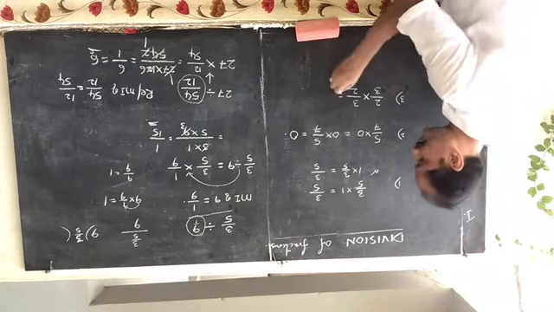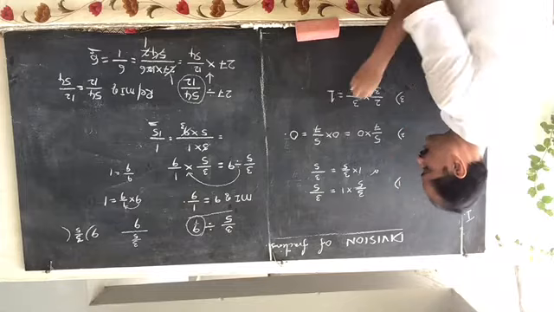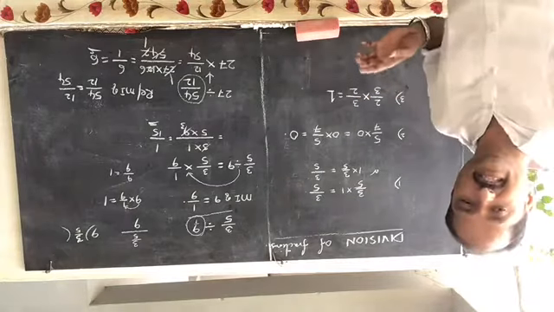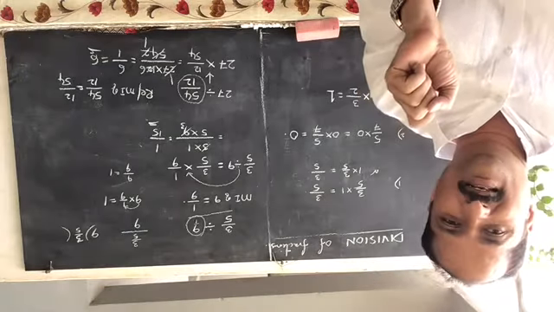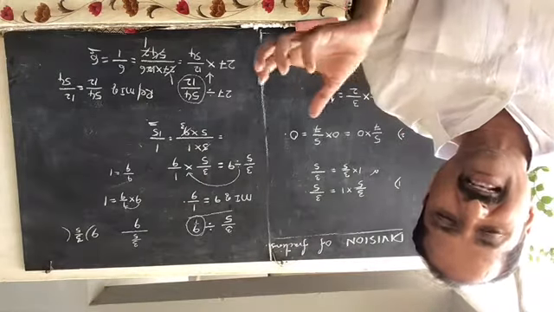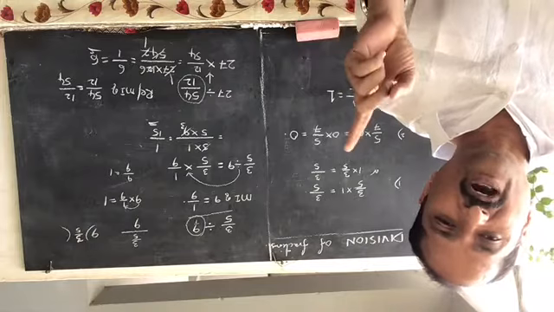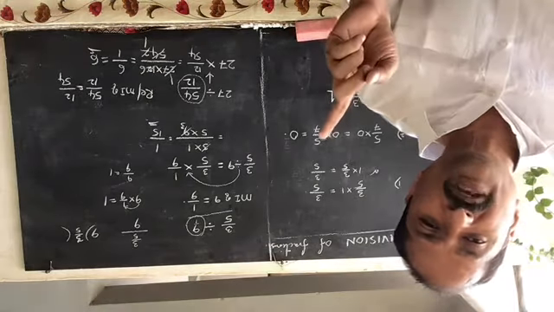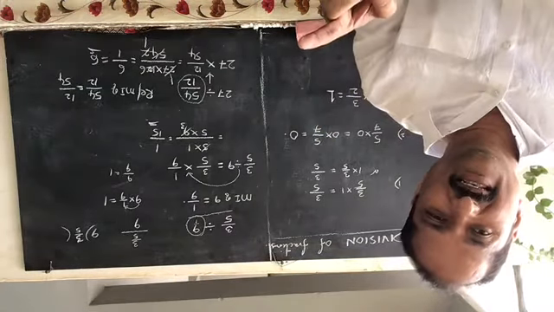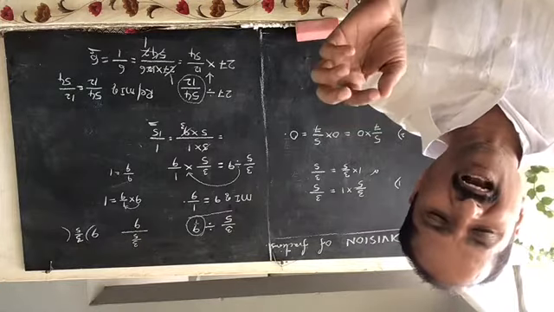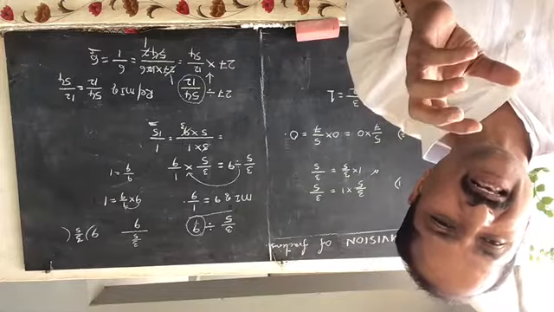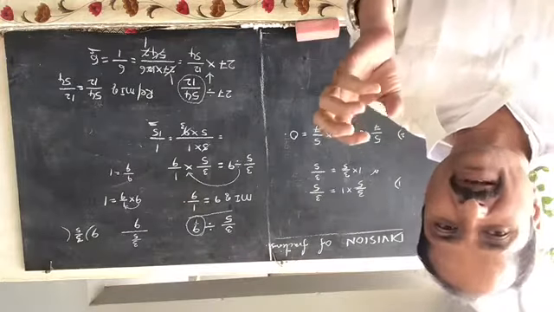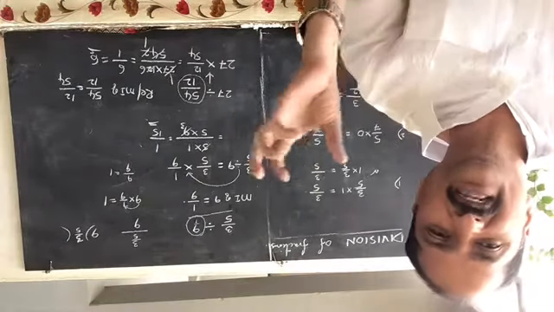2/3 becomes 3/2. The product is 1. So if you are multiplying a fraction with its reciprocal, the product becomes 1. The product of a fraction and its reciprocal is 1. 1 is known as the multiplicative identity. That means if you are multiplying with the multiplicative identity, you will get the same fraction.